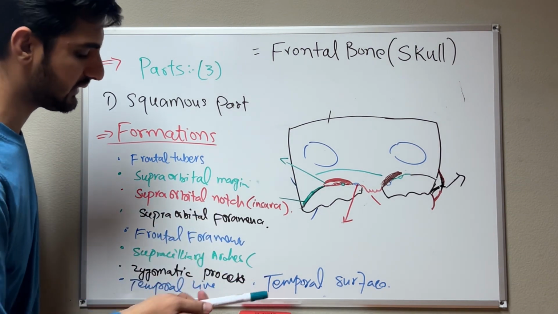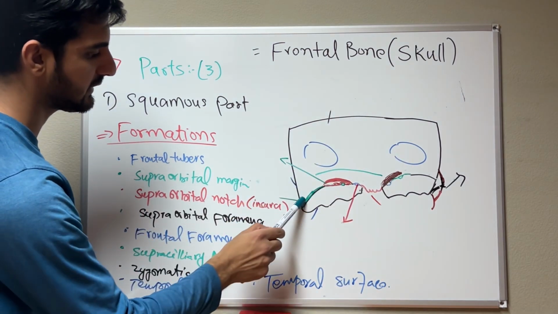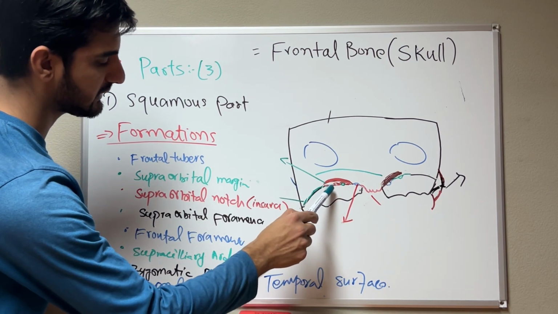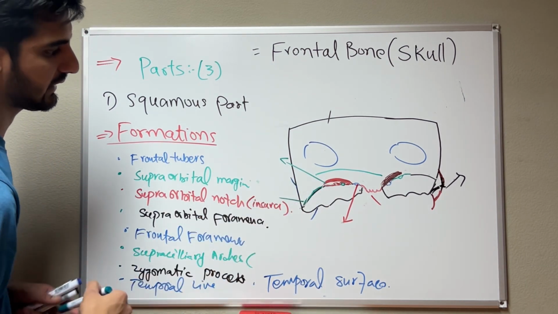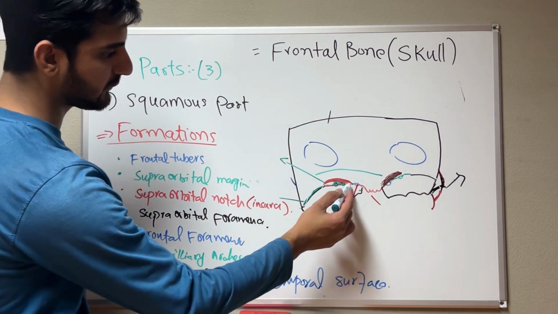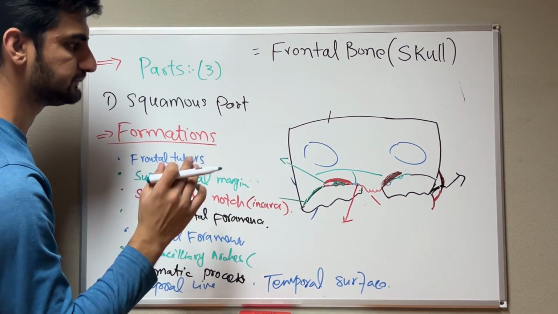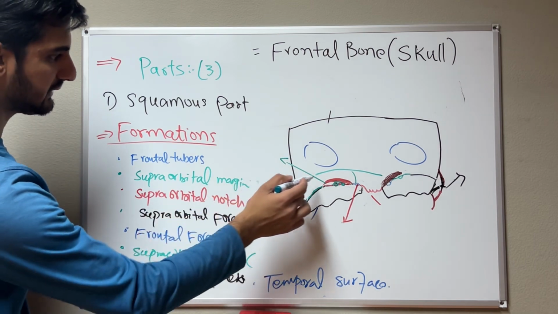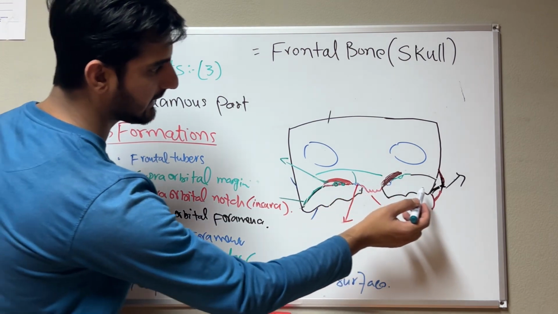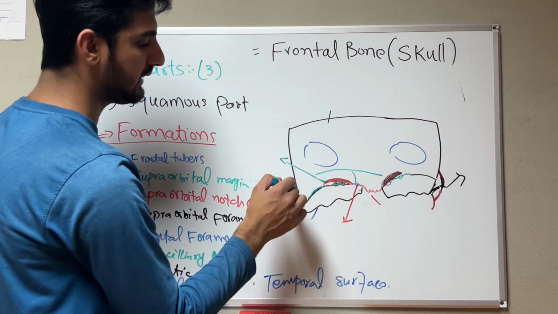Okay, let's repeat which formations we discussed. Frontal tuber. Next we have the supraorbital margin. Third we have the supraorbital notch, incisura supraorbitalis, and inside we have the foramina. Then we have the frontal foramina. Now this upward protruding area is called the supraciliary arches. And laterally we have the zygomatic process, which connects with the zygomatic bones, and we have the temporal line